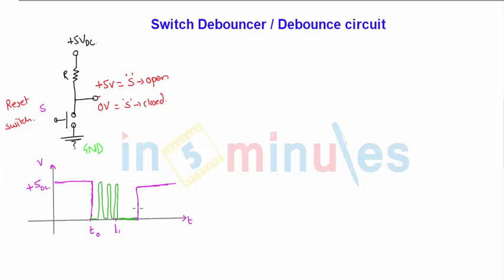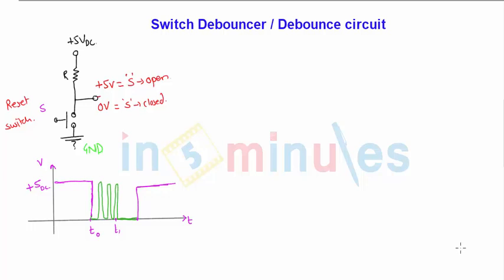So what will happen exactly is that to get the steady state, it will take a long time. Means that multiple times the output will be provided and the circuit will not be reset completely. So for that we need to make a debounce circuit. Now how is this debounce circuit made? Let us see another diagram.